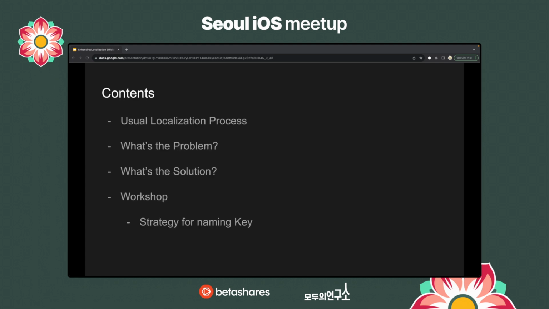In today's presentation, I will begin by briefly introducing the conventional localization process employed by most teams. Following this, I will define the issues related to efficiency and productivity decline resulting from the traditional process. Subsequently, I will share how I derived solutions to enhance productivity as a resolution to these challenges.